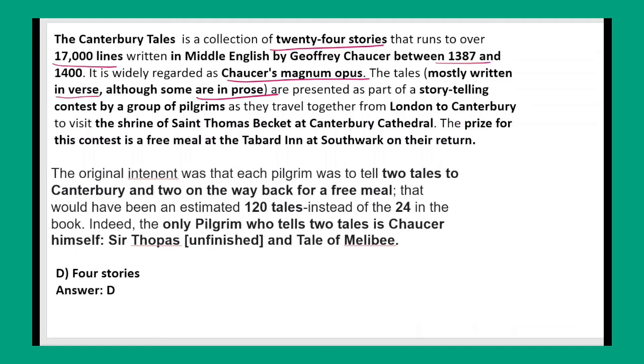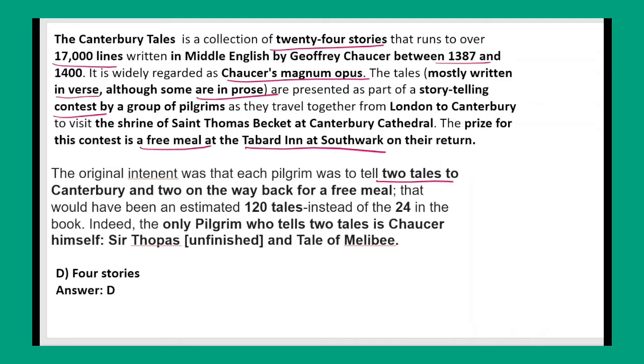So here we know that every pilgrim has to tell stories when going to Canterbury. When they come back from Canterbury, they have to tell two stories, so in total they tell 4 stories. This is a contest organized by Harry Bailey, who was the owner of the Tabard in Southwark. He offered that the one who tells the best story is treated with a good meal. It is a free, very frugal meal that he can be given. So that is about this.